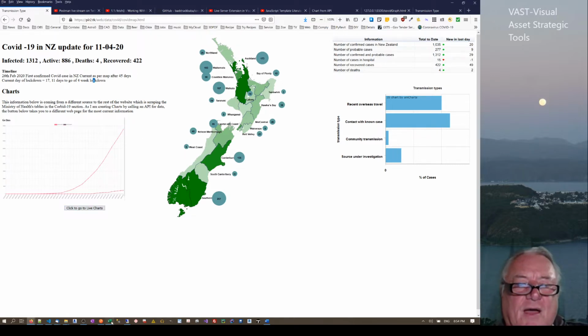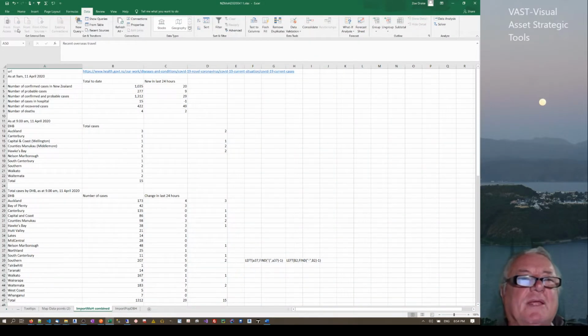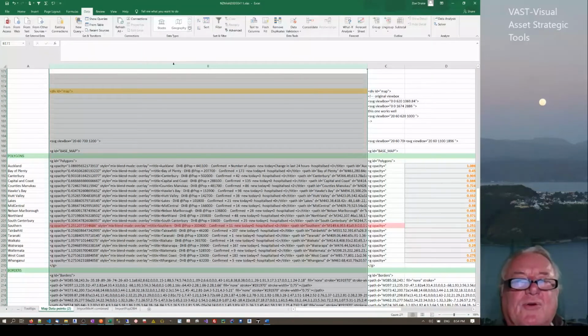Now, this other one that I've been doing was I've been going into Excel. I've been using From Web to get tables through there, and then every day I refresh these. Sometimes they miss a line, so I've got to come back through and adjust this code, or really what I do is I just copy and paste it,